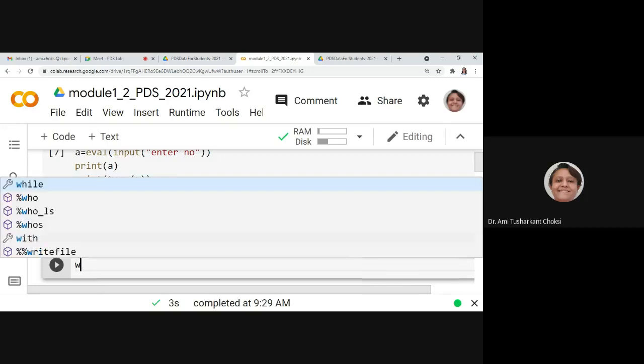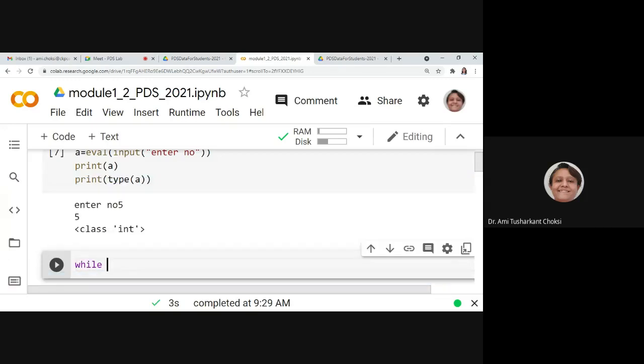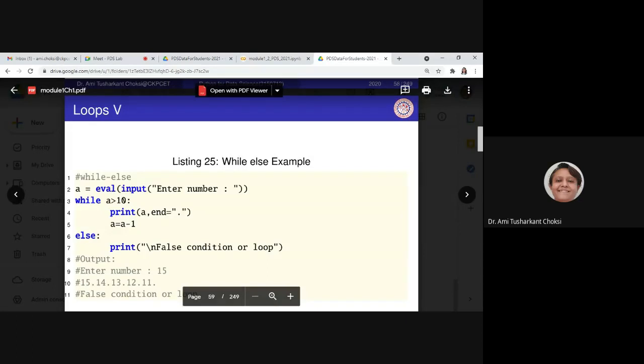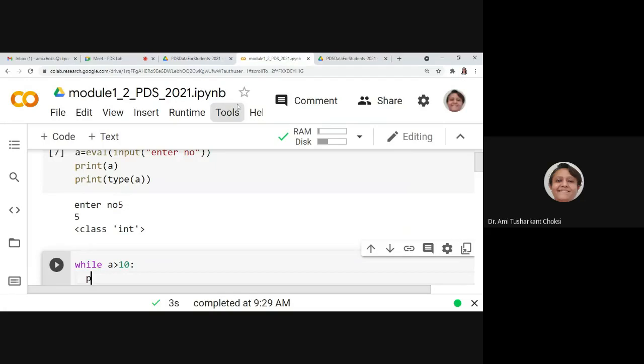While A is greater than 10, what was there in our code? Print A and end is equal to dot. Now this is the special thing.